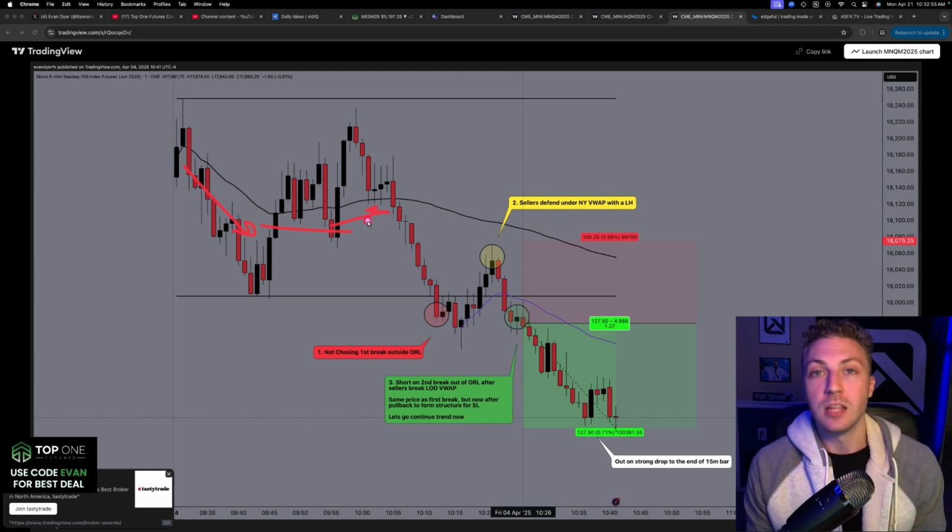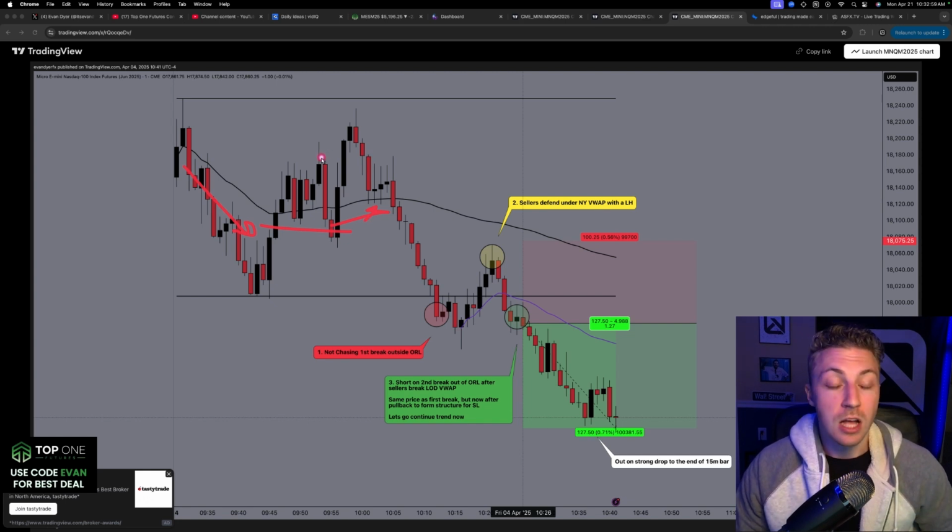I don't want to trade inside this opening range and predict what side it's going to break out on, especially on a day where it's not super clear. But then we get that break for a new low. This red circle here, there's the first break of opening range low. I don't want to chase that, especially after like 10 minutes of just straight drop. Those often don't sustain, and the first break of an opening range low often doesn't sustain.